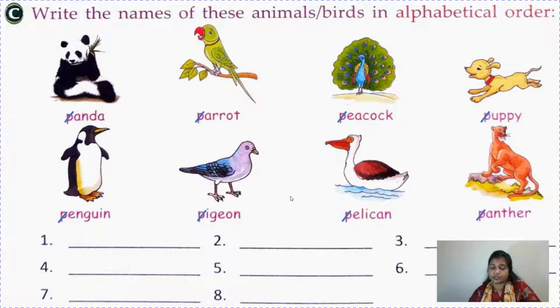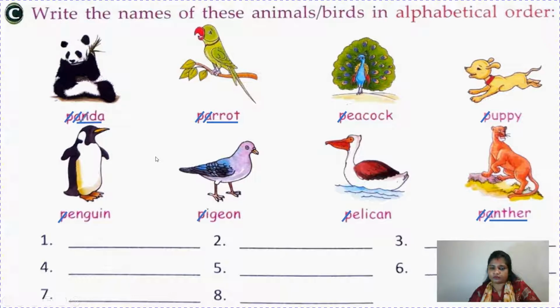Okay, now let's go to the second letter. A, E, U, P, I, E and A. So A comes first. We begin alphabetical order with A. So let us move to panda, parrot and panther. We have to check from here first. Okay, so second letters are A, so please cut A. Now move to the third letter, N, R and N. So N comes first, so we will take only panda and panther.